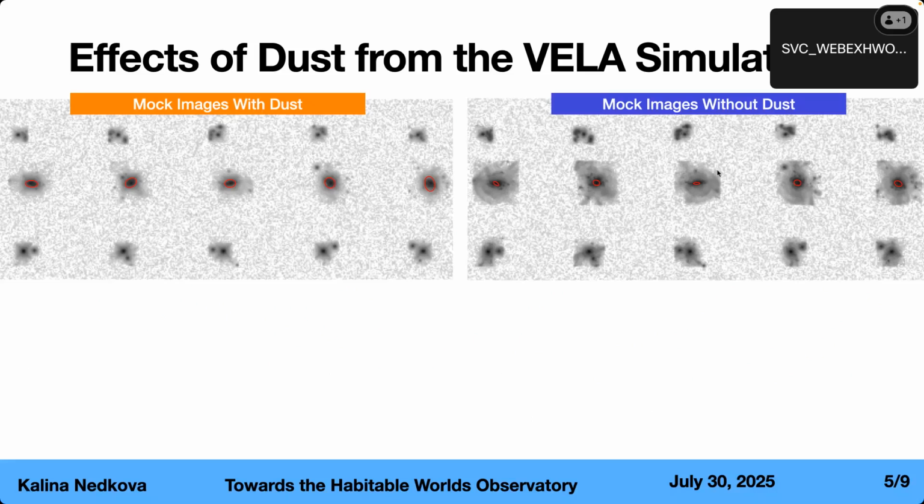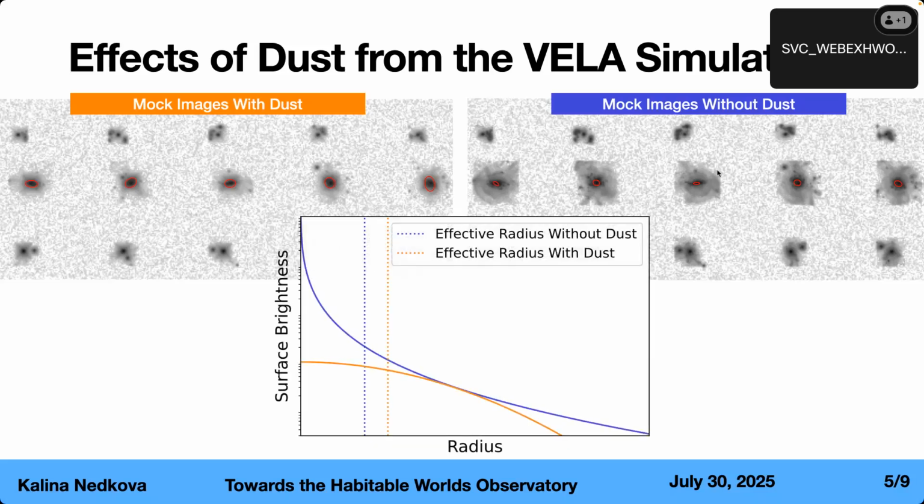And each row here is the same galaxy under different orientations. And so in red here, I'm showing you the ellipses that contain half of the total light. So the radii in here would be the half-light radii that we're measuring in size. And you might notice that the images with dust have larger ellipses than the ones without dust. And this is because